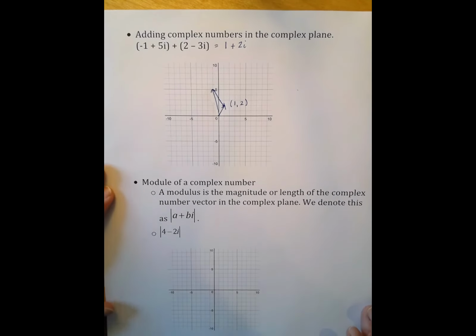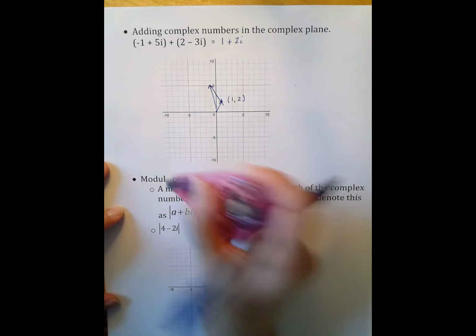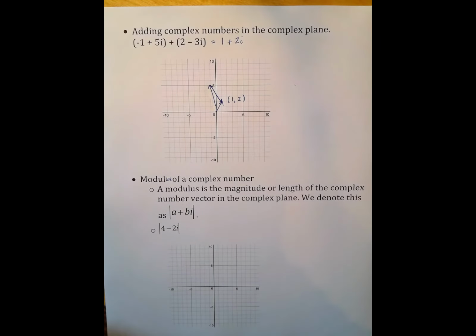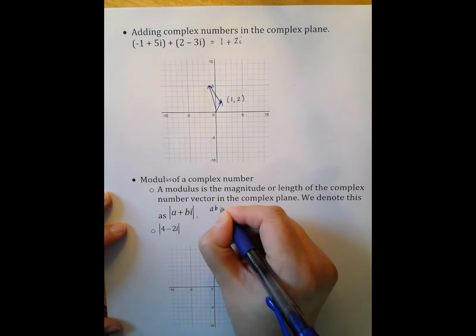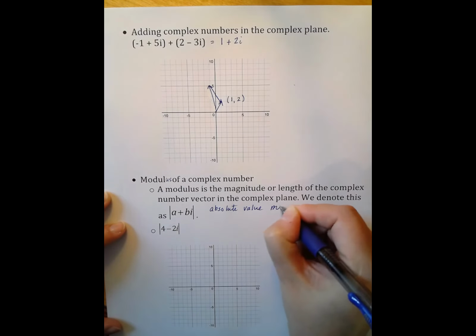The next portion of our notes is called the modulus of a complex number. Typo there. The modulus of a complex number. A modulus is the magnitude or length of the complex number as a vector in the complex plane. And we denote that using absolute values around it. Remember absolute value? So absolute value means distance